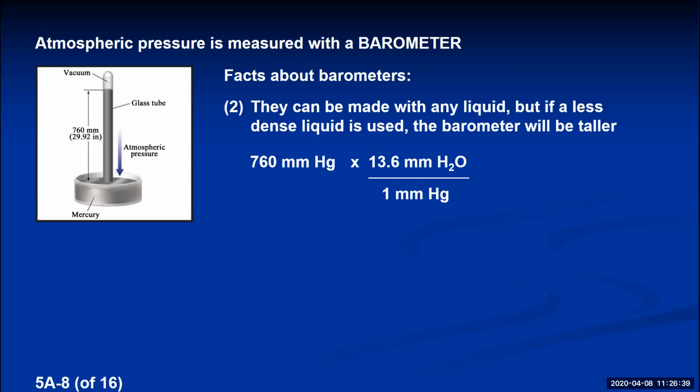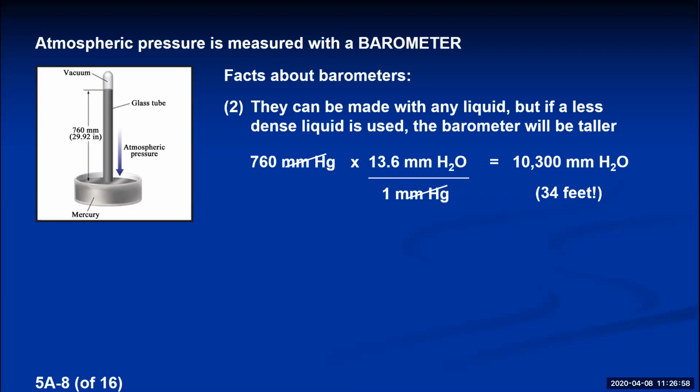So if I convert from millimeters of mercury to millimeters of water to figure out how high my column would be if I had a water barometer instead of a mercury barometer, that comes out to 10,300 millimeters, which I don't know what that means, but it's about 34 feet. So we could make a barometer out of water, but we would need a 3-story